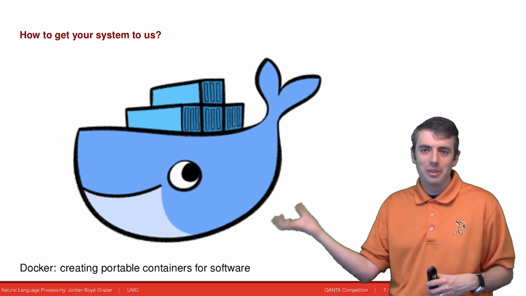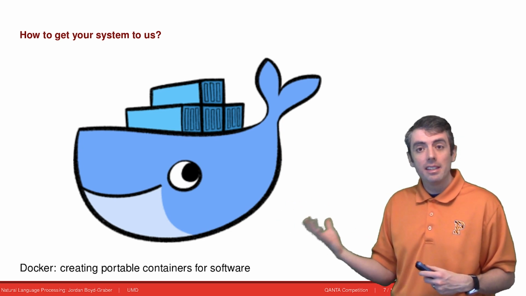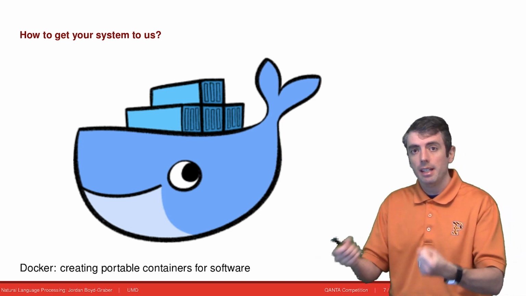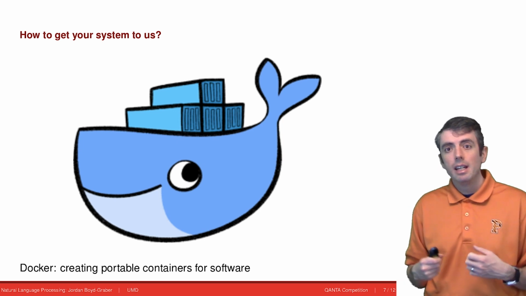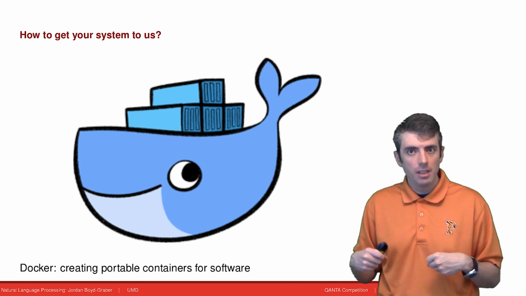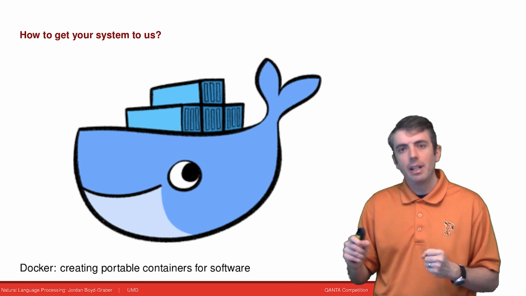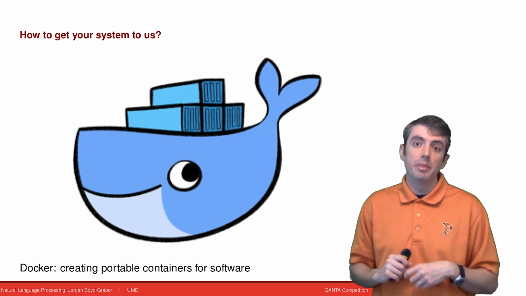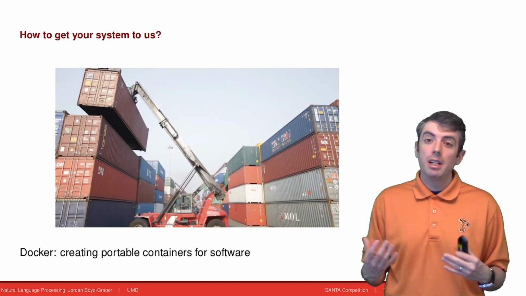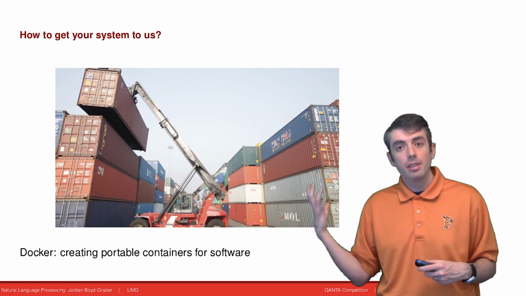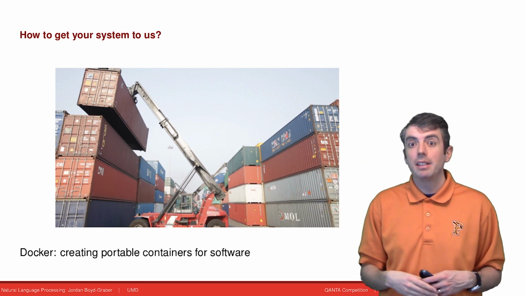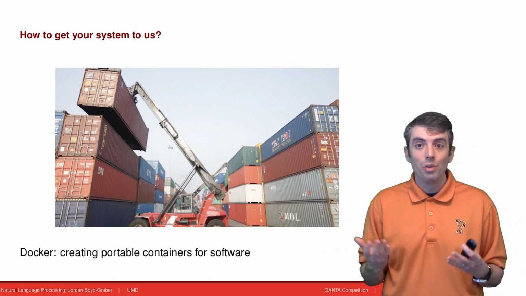How do you get your systems to interact with us? The way that this happens is through Docker. Docker allows you to send your systems to us in a portable format, and we can then run that server, posing it Quiz Bowl questions and comparing all of the systems against each other, and also comparing the systems to humans. The individual objects that you'll send through the Docker software platform are called containers. And this comes from the metaphor of shipping containers that revolutionized world freight.